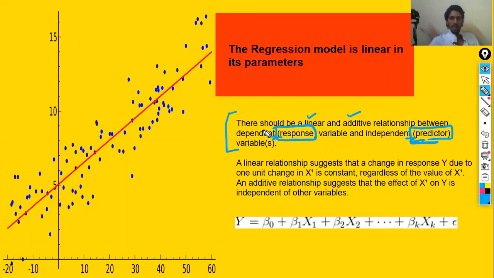All right. Now, a linear relationship suggests that a change in response y. Now, this is y-axis and this is x-axis. A linear relationship suggests that a change in response y due to 1 unit change in x is constant. Okay, now this is y and this is x. And regardless of the value of x, an additive relationship suggests that the effect of x on y is independent